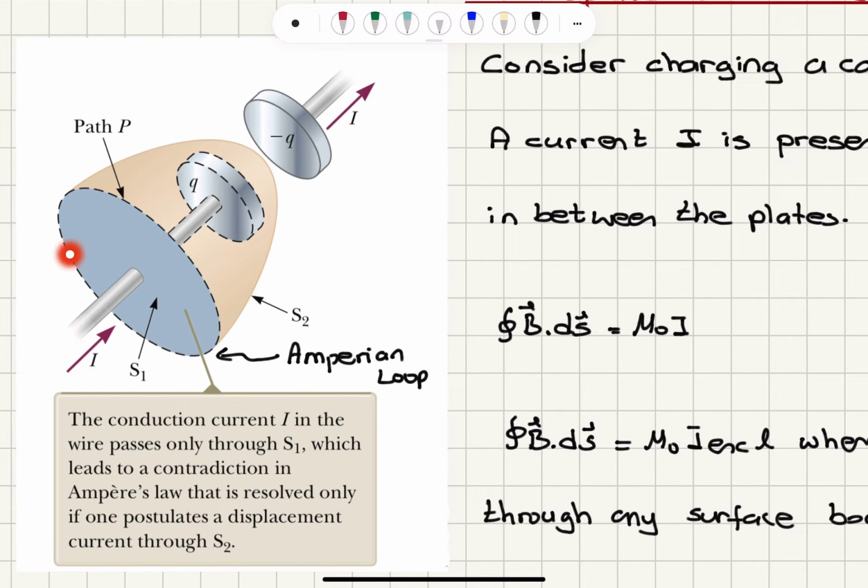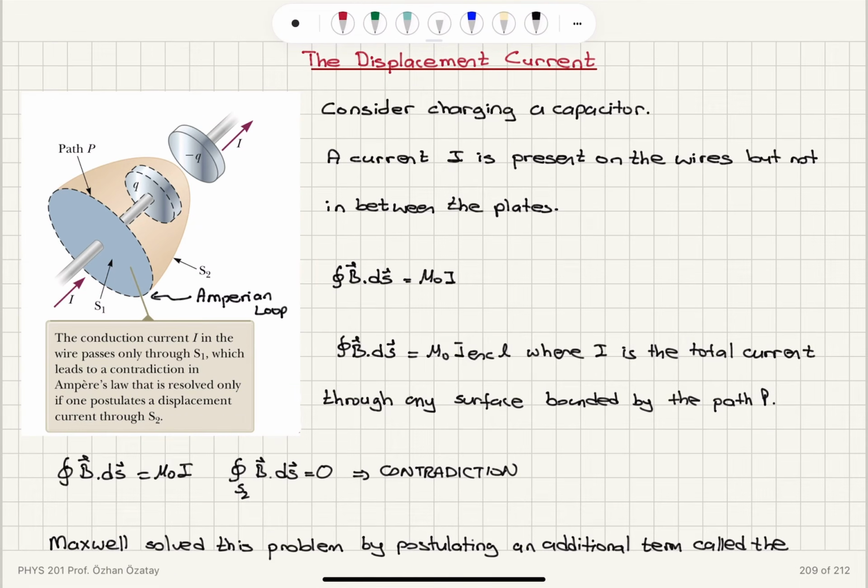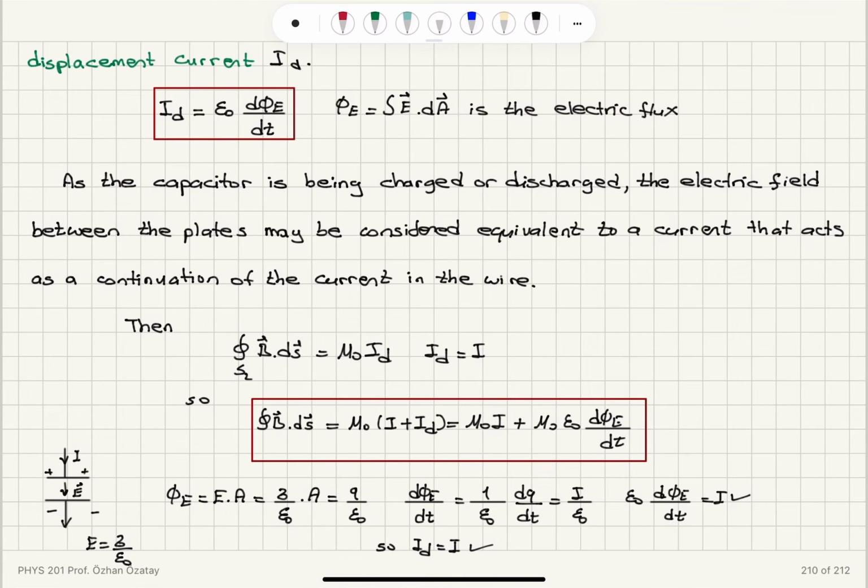If for the surfaces bounded by this path, I consider surface 1, there is current I. For surface 2, there is no current in between the two wires, so there is no current through this. This creates a contradiction. So for surface 1, it's mu 0 I. For surface 2, it is 0. So this contradiction was solved by Maxwell by postulating an additional term, the displacement current, which is epsilon 0 d